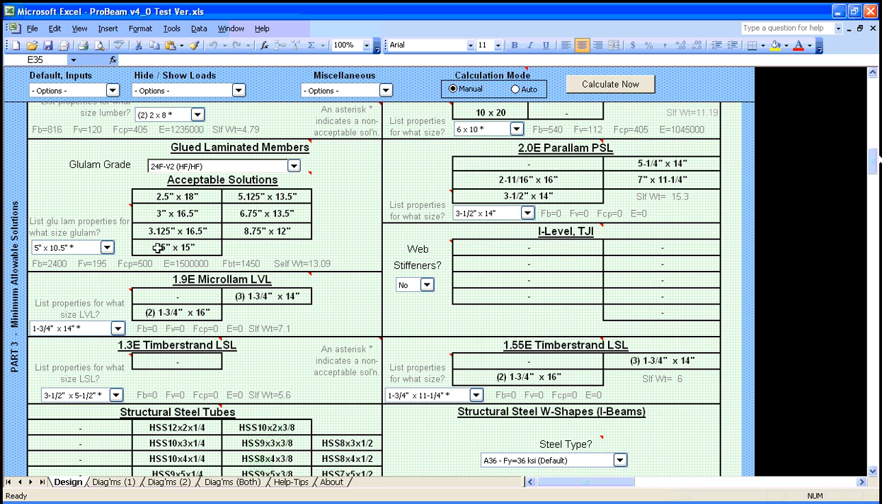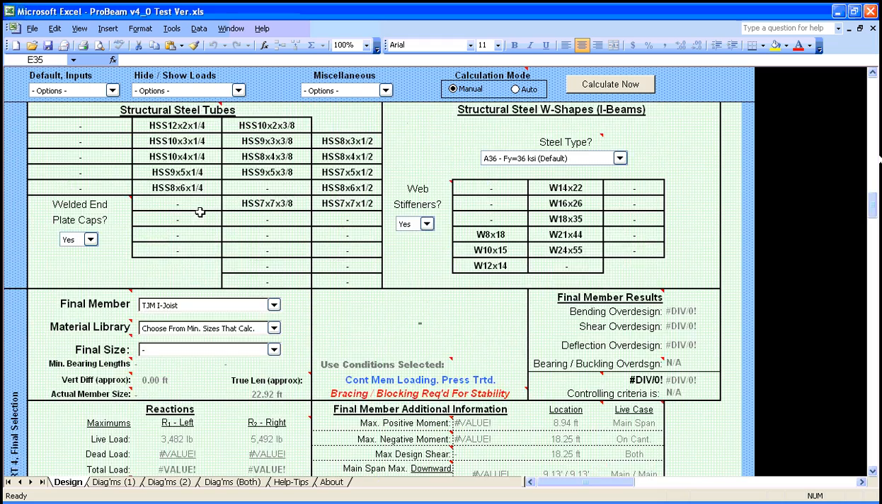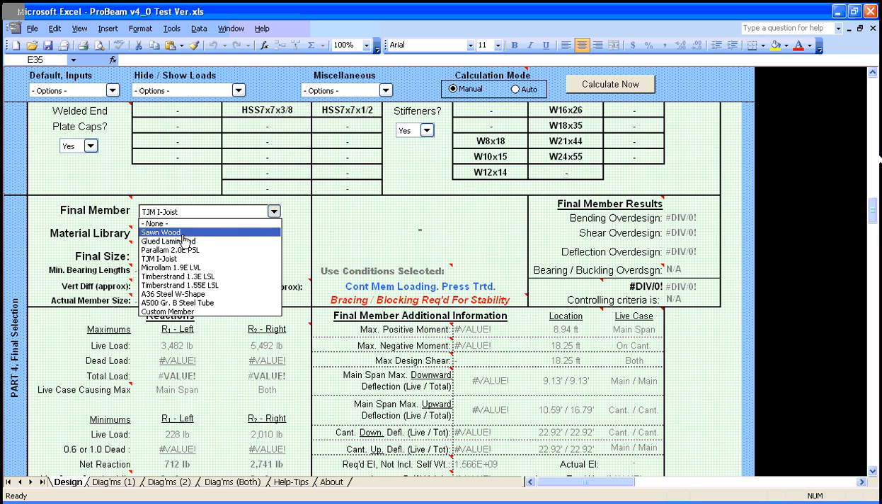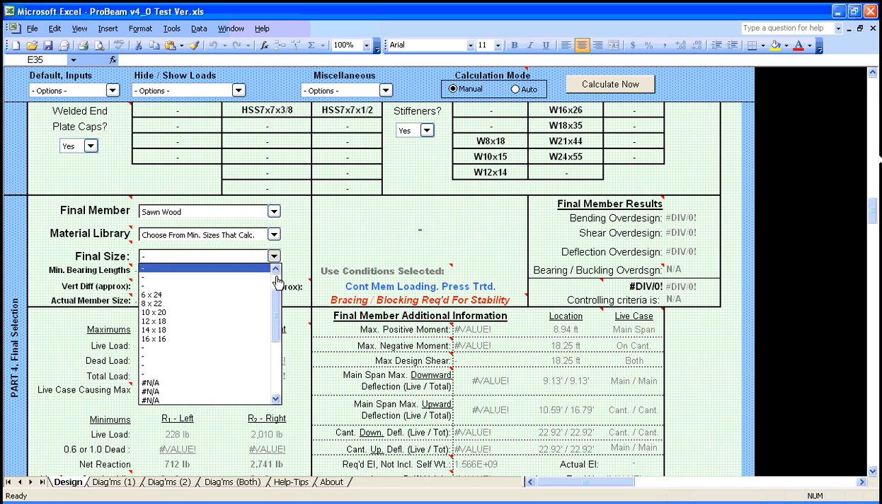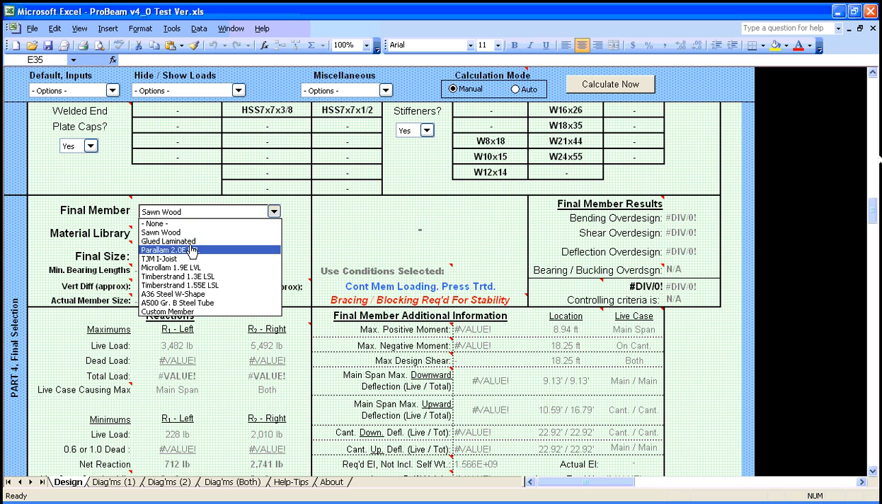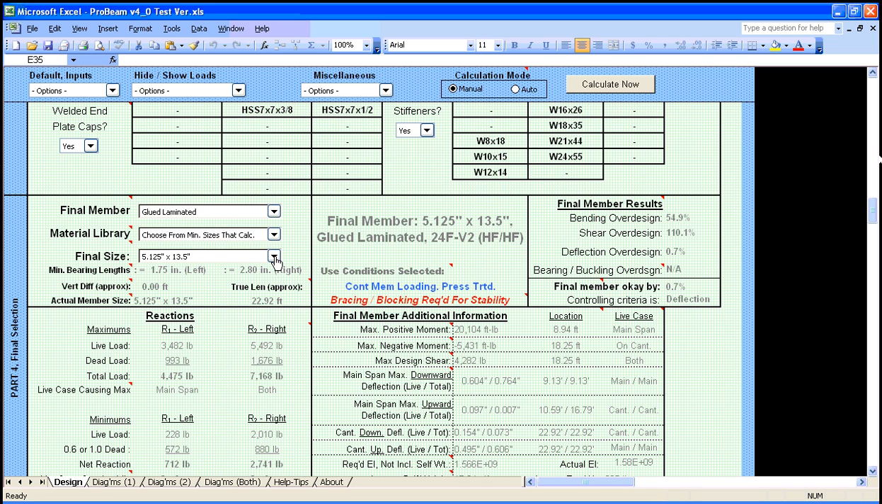This 5x15 looks pretty good, or the 5 1/8 by 13.5 looks pretty good. We could stop right there, select any of these, and be fine. But let's go down and see how efficient they are. So we're going to select sawn wood down here in the final selection area. I'm sorry, we are going to select glue lam. There it is, because the sawn wood was too big. And it just so happens that the 5 1/8 by 13.5 pops up, and it just barely makes it by